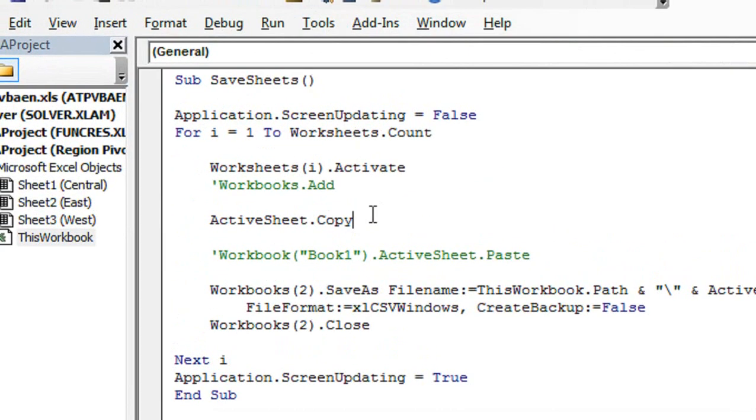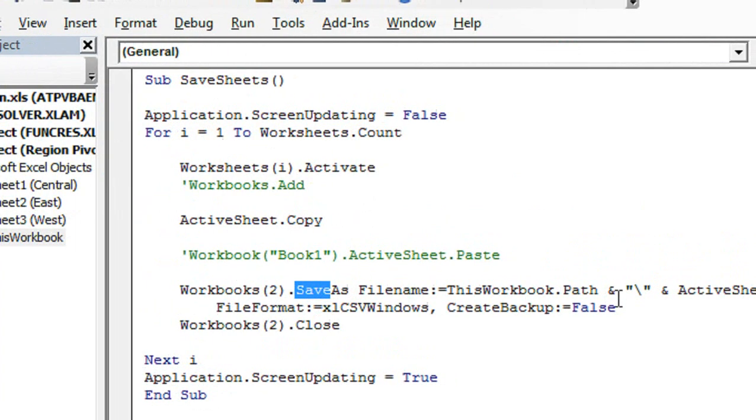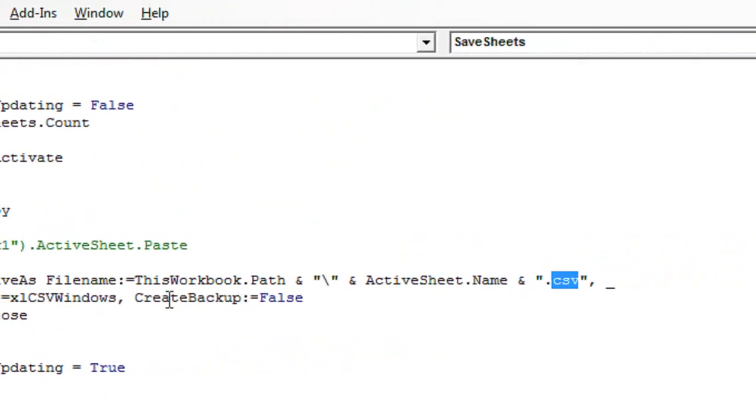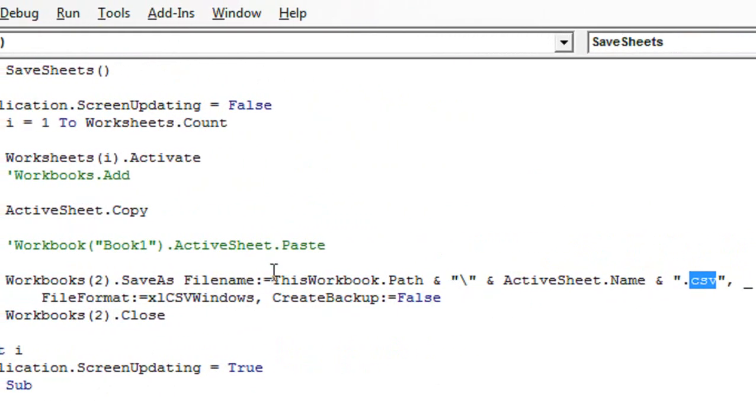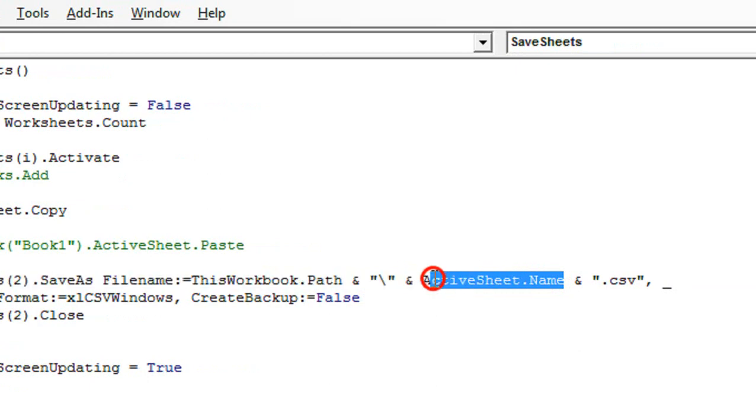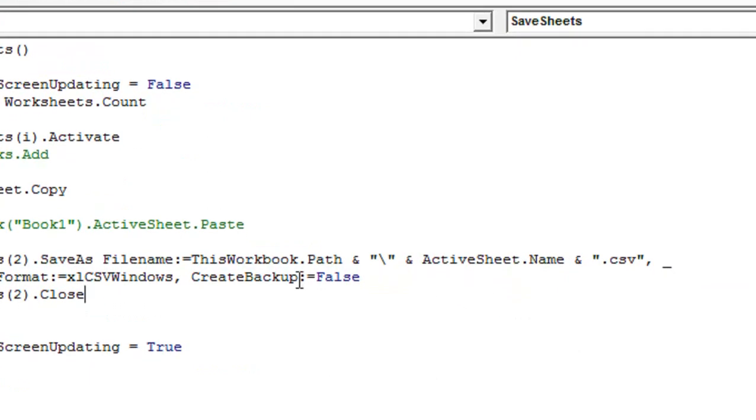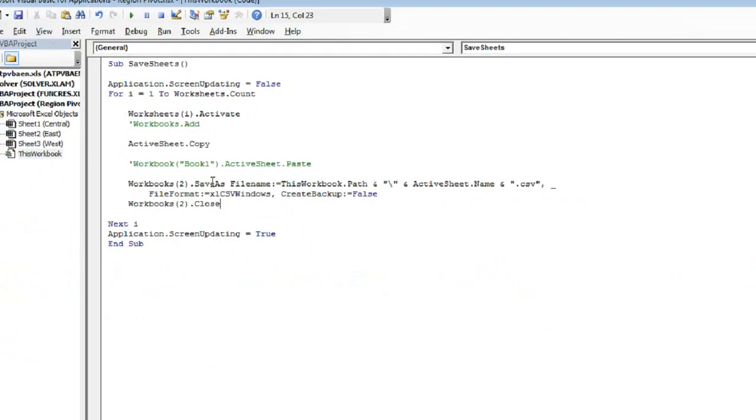As you can see, it is saying activate the first workbook and then ActiveSheet.Copy. That means copy the sheet and then save as CSV file, and the path is this workbook path, a slash, and the ActiveSheet.Name. So the files we create will have the same names as our worksheets. So basically this VBA code is like this.